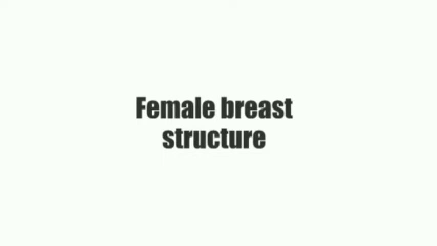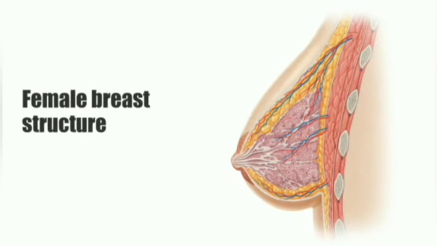During this tutorial, we'll look at the structures that make up the female breast, as well as some related and surrounding structures that you can see in this image here. So in this illustration, we can see a view of the breast from the side rather than an anterior view, and we can see structures such as the nipple, the areola, the lactiferous ducts along with the mammary glands, and the surrounding adipose tissue. We can also see the vascular supply and the underlying muscles such as pectoralis major and the intercostal muscles. Once we've discussed these structures, we'll look at some clinical notes related to the female breast, but